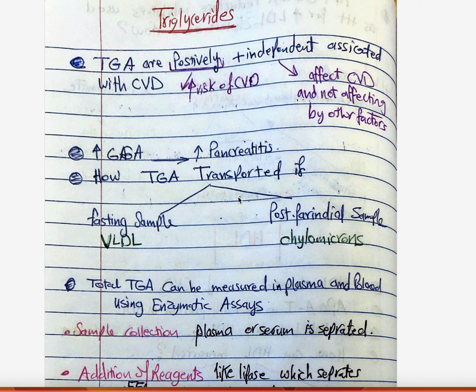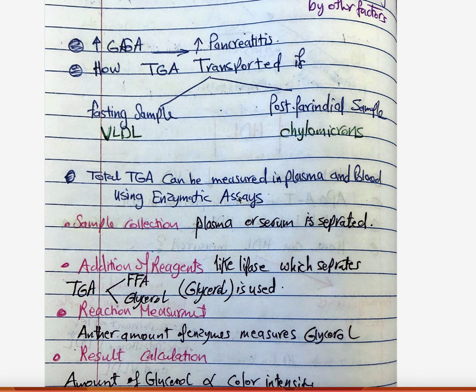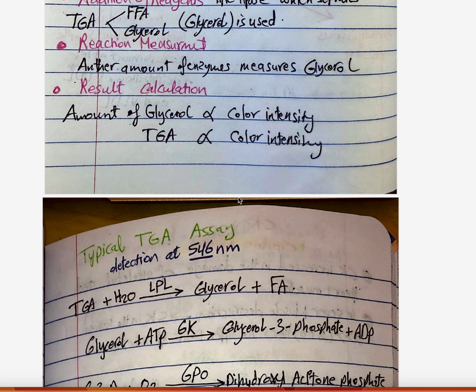Like sample collection, plasma or serum are separated, then we add reagents like a lipase, which separates the triglyceride into free fatty acid and glycerol. And the glycerol, we use it to measure that, like we add another enzyme to measure it, and the color intensity increases with the amount, so we can measure